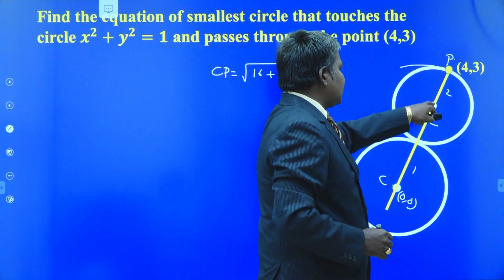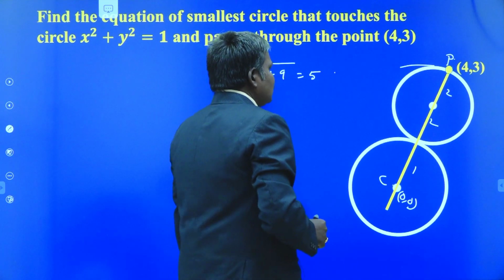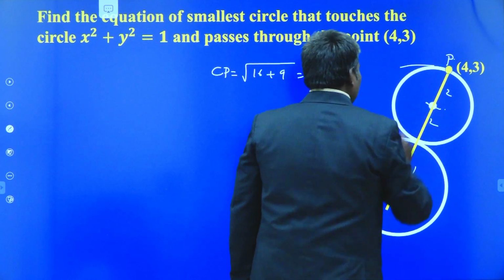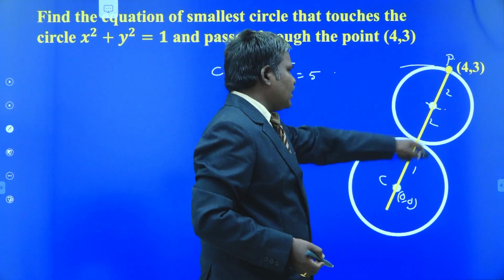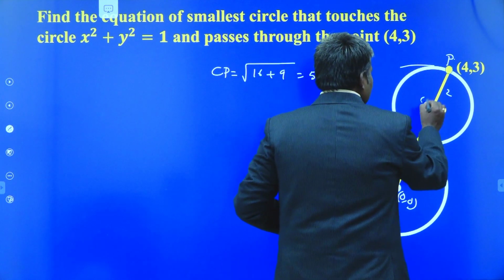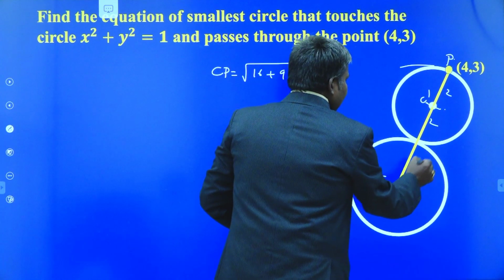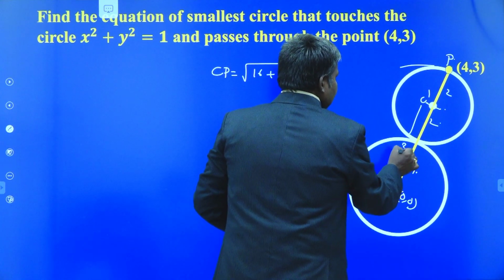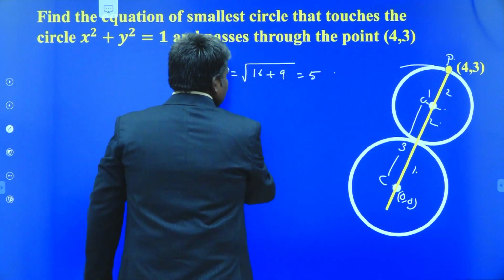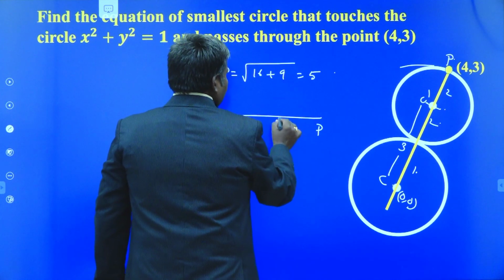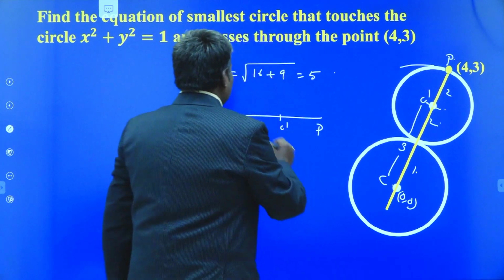So when it is 4 units, this is the center of the circle, so it divides into 2 equal parts, 2 and 2. Once you have the coordinates of this point, can you write the equation of the circle or not? This point is nothing but the center of the circle. Now this center C dash divides my CP in what ratio? Can you find it? This is 1 unit, this is 2 units, 1 plus 2, that is 3 units here. And the distance from here to here is 2 units. So C dash divides CP in the ratio 3:2 internally.